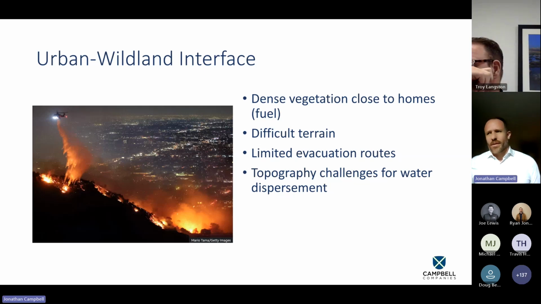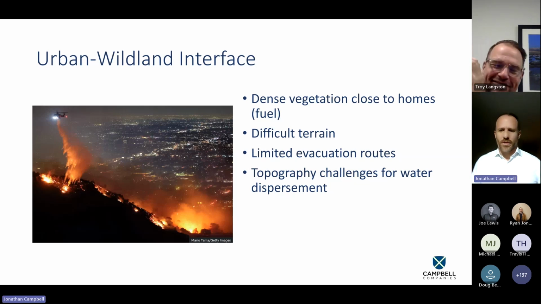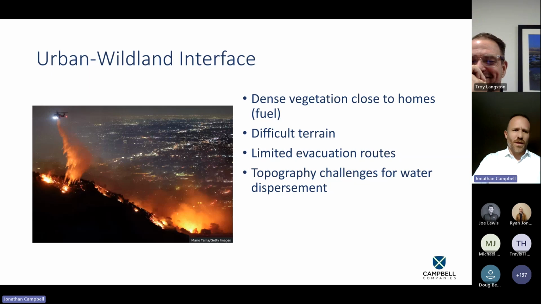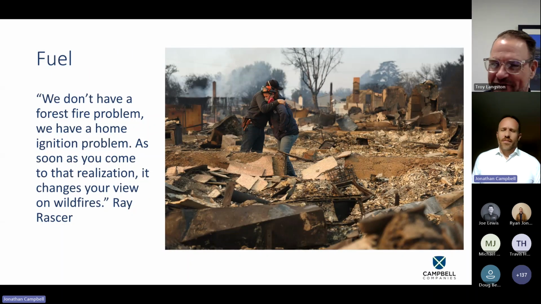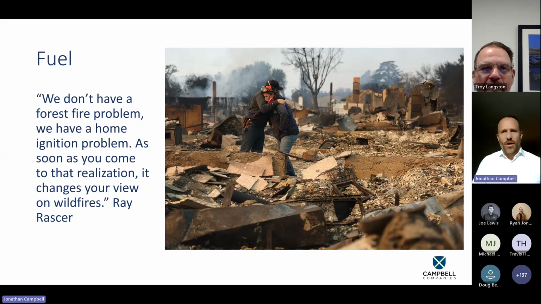And then lastly, probably the biggest thing on this was fuel. And when a fire gets like this, the homes themselves become the fuel. It wasn't the trees, it wasn't the vegetation in the end, it was the homes that became the fuel. And you know, what happens in a scenario like this, when you look at the way a home is built now, a large majority of the products in your home, and all our homes, are petroleum based. And so when it gets hot enough,